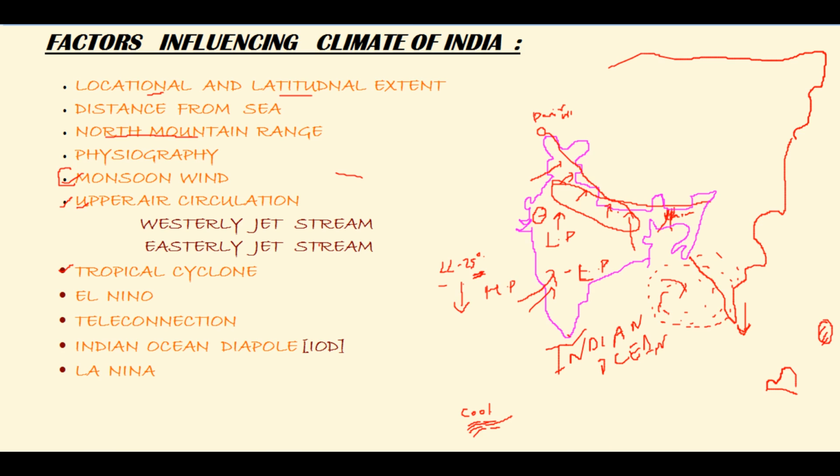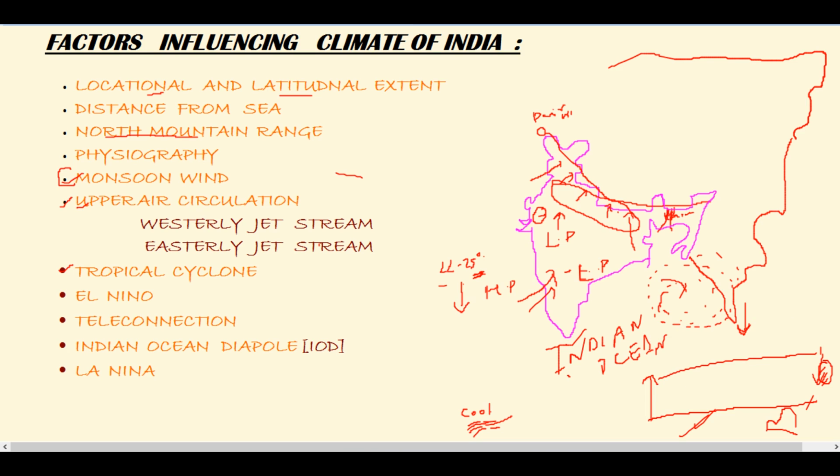So what happens is that there is a horizontal circulation of the wind. This we call teleconnection, and basically teleconnection means a connection which occurs from a very distant place. It's not like here where winds are blowing from the ocean surface to the land surface. It's very distant places, thousands of kilometers. Here is the Indian Ocean, and the connection is getting established with the Pacific Ocean here.